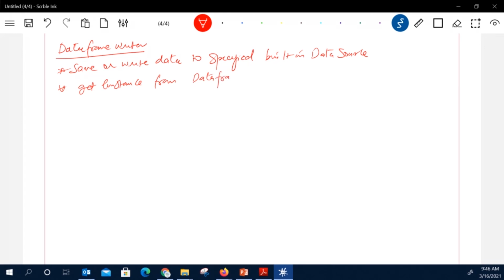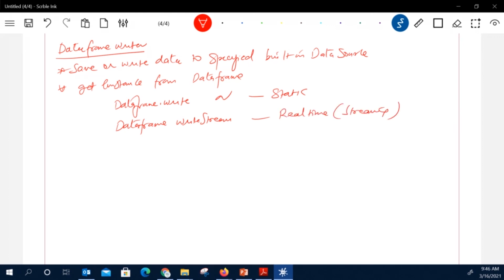Earlier we had spark.read, but here we create a data frame and then use the write method, or we can also use writeStream. Write is for static data, and writeStream is for real-time, continuous streaming data.